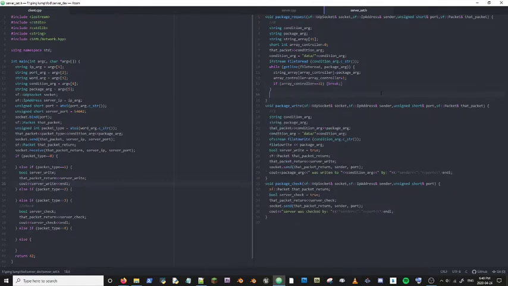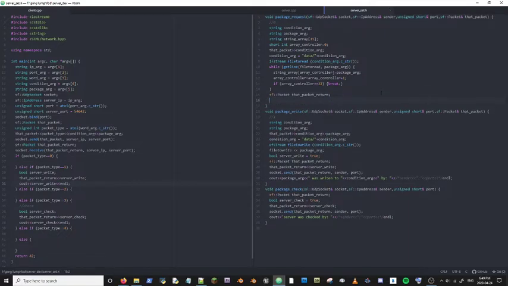And if it breaks, socket, no, it needs to package it, so that packet return, and we're going to say like that packet return. I'm going to pass in